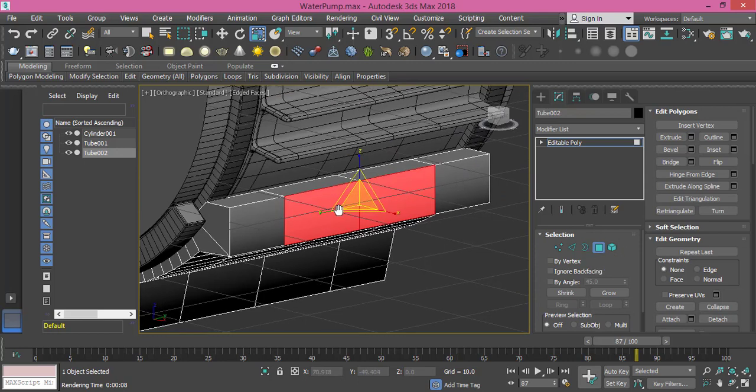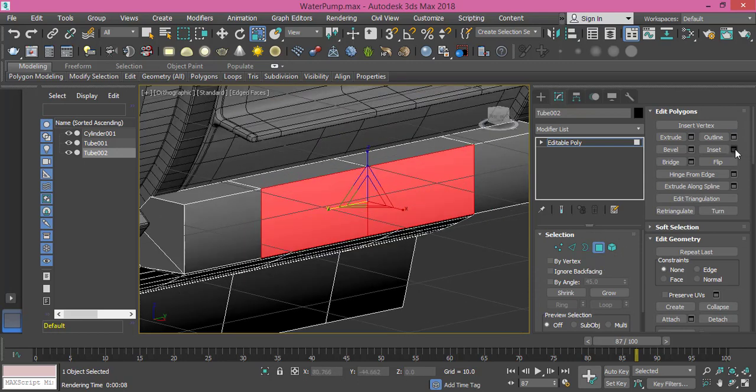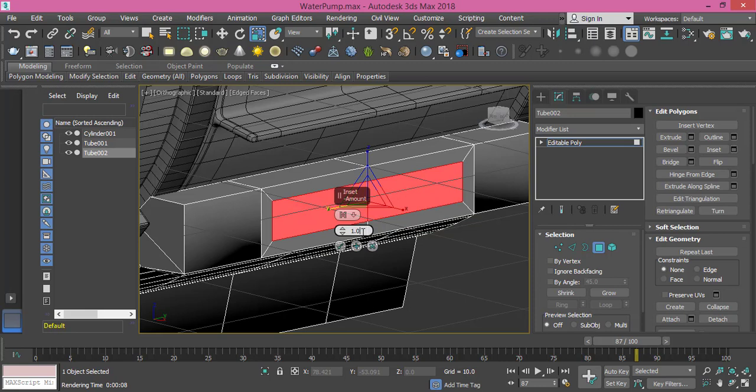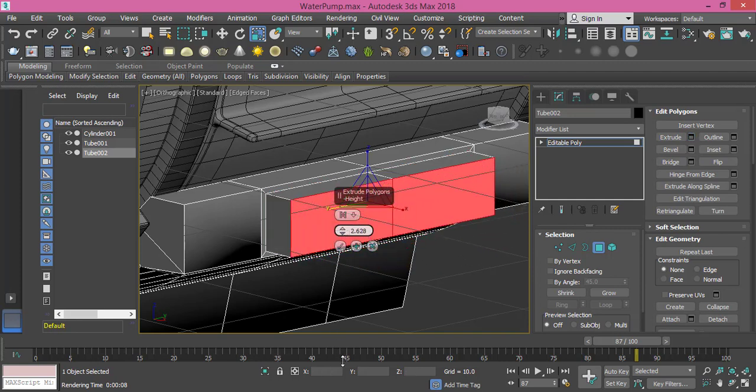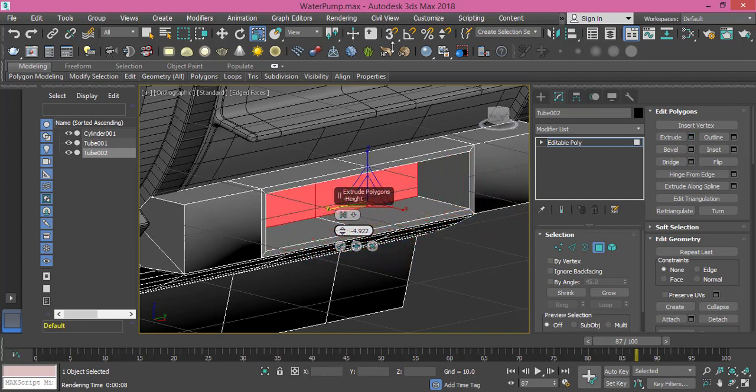I go to polygon mode, select those, and let me make an insertion. No, 1 is too much actually. Let's make it 0.3 or maybe 0.4, and press OK. Now while we select it, let's make extrude inside, and because I don't know exactly the value, I will keep